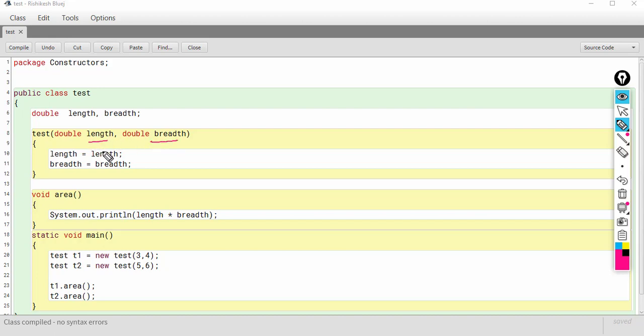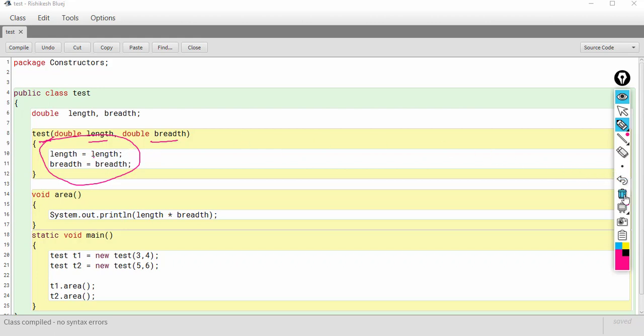If there are two variables, one an instance variable and one a local variable, both having the same name, then inside the scope, when we refer to that name, the preference will be given to the local variable.